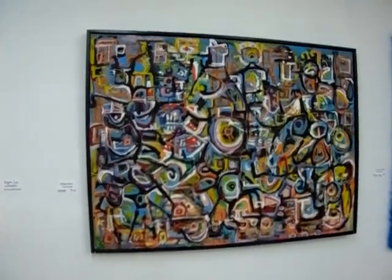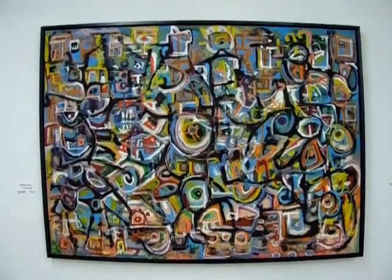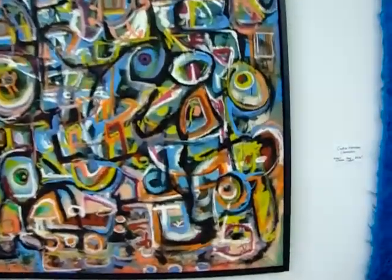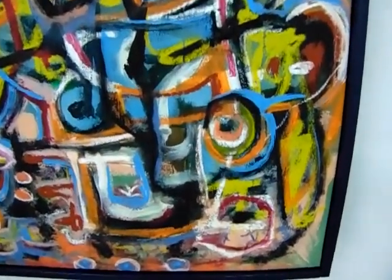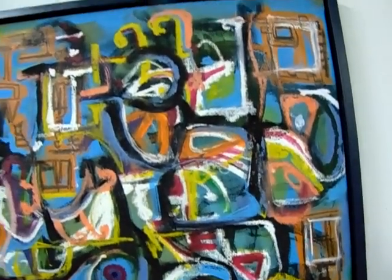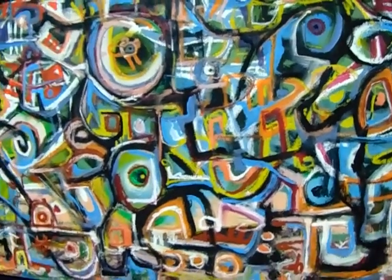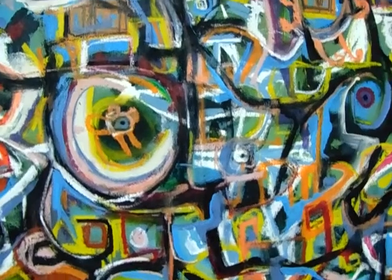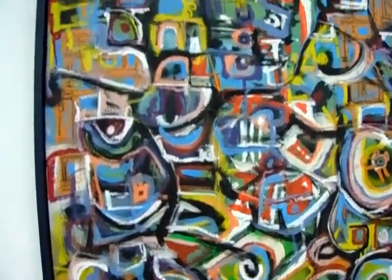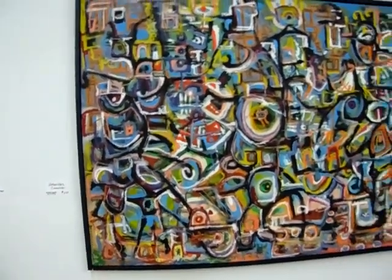This is a larger piece I've recently completed. It's in the same series with the first one we saw, where I'm just working over layers of material, and I guess the most basic primal shapes that come to me, and mark making in a very loose and spontaneous way, creating squares, circles, smudges. And what's enjoyable about this is making the paint behave as though it's interlacing, and that you're balancing all the various colors that you end up using so that there's a cohesiveness to the total